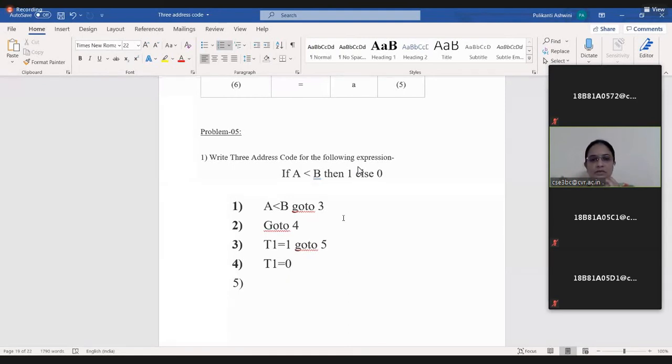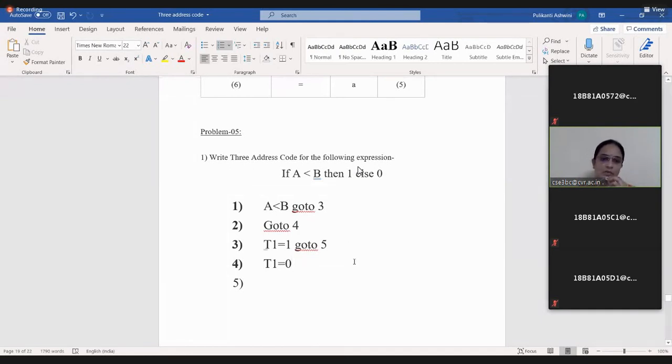Why? Because after checking the condition, we will be jumping to some particular labels, right? In those labels, we are writing the exact output, whatever we want to print. So that label should be represented in result. A is argument 1, B is argument 2, the label will be represented in result, and the operator is almost the same.